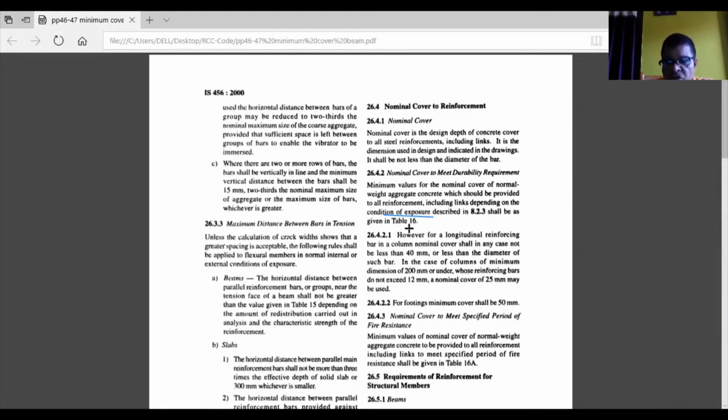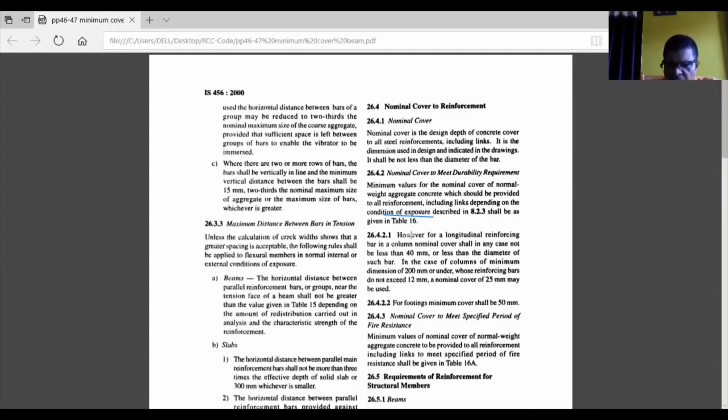Suppose you are constructing a building at Rourkela, or at Puri. The exposure condition will be different, because in Puri there will be a marine environment. So it may be an extreme condition, maybe severe exposure, or very severe, that you have to decide. But in Rourkela you can go for your moderate exposure.